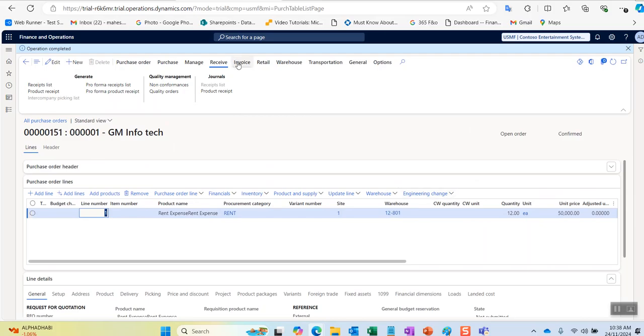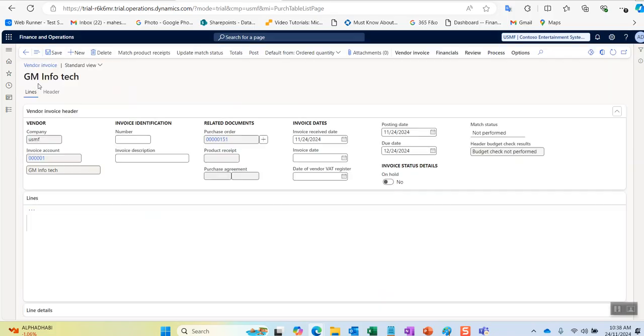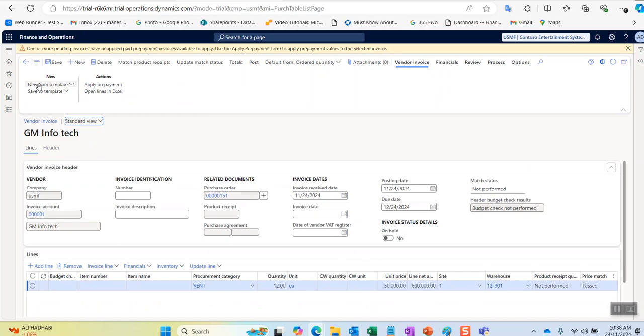Now I'll go to the invoice, generate invoice. Now here we will apply our advance amount. We will settle our advance amount with the actual PO invoice. So what we need to do here, once we click on generate invoice,